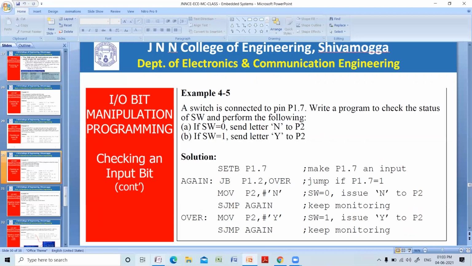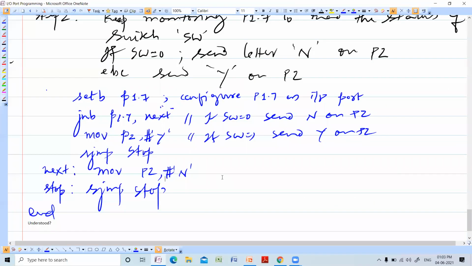Normally in such programs, you make it an infinite loop, that you have to understand. In normal embedded system based programs, we make this an infinite loop. We will not stop, we will make it an infinite loop.